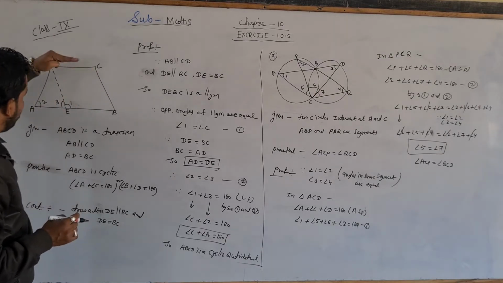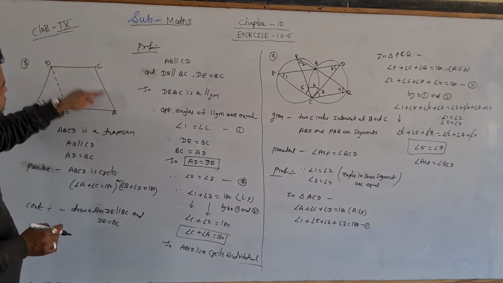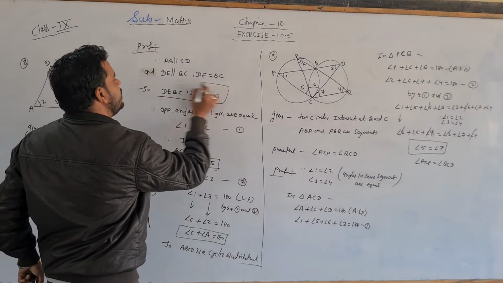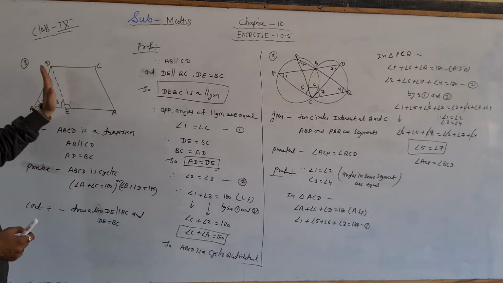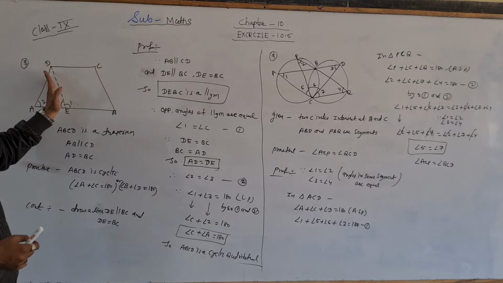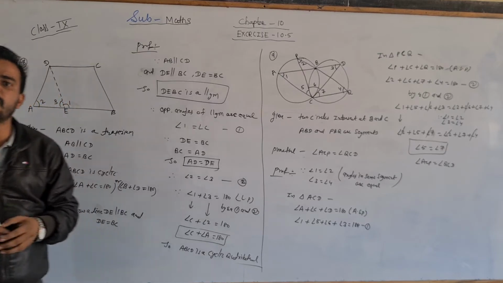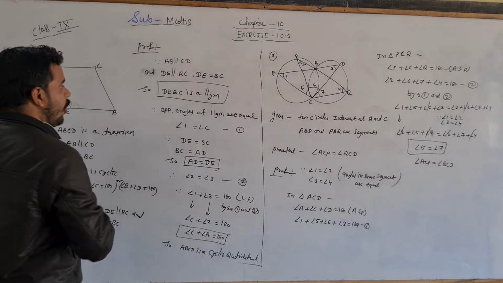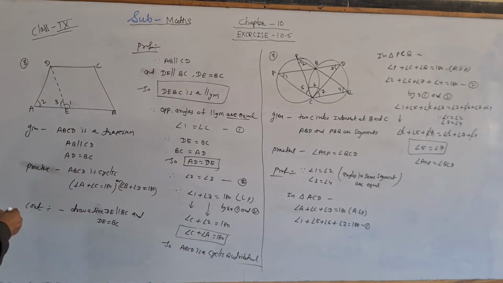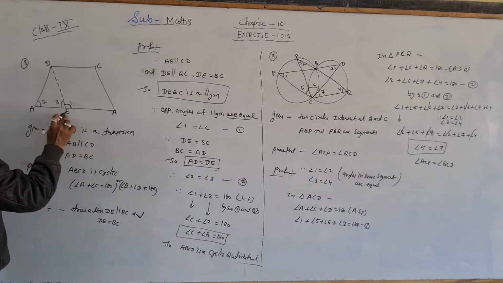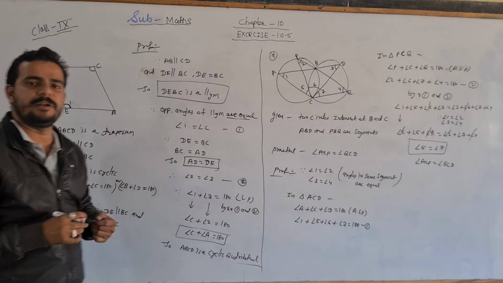So as you know, this line is parallel to this line, and now we construct this also parallel, then we can say that DEBC is a parallelogram. So I mentioned here DEBC is a parallelogram. The reason is this: AB is parallel to CD and DE is parallel to BC, and DE is also equal to BC, that's why DEBC is a parallelogram. As you know, the opposite angles of a parallelogram are equal. It means angle 1 is equal to angle C. The opposite angles of a parallelogram are equal, by equation first.